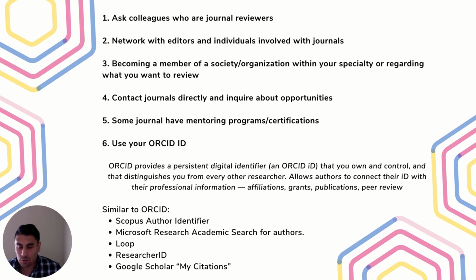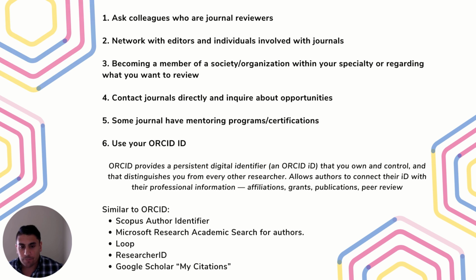Additionally, some journals offer mentoring programs that you can become a part of to learn how to be a peer reviewer. Anytime you are a peer reviewer or in the publication process, you should always use your ORCID ID, which is a unique digital identifier for every researcher. There are other identifiers that are similar to ORCID, like Scopus Author Identifier, Microsoft Research Academic Search, Loop, Researcher ID,